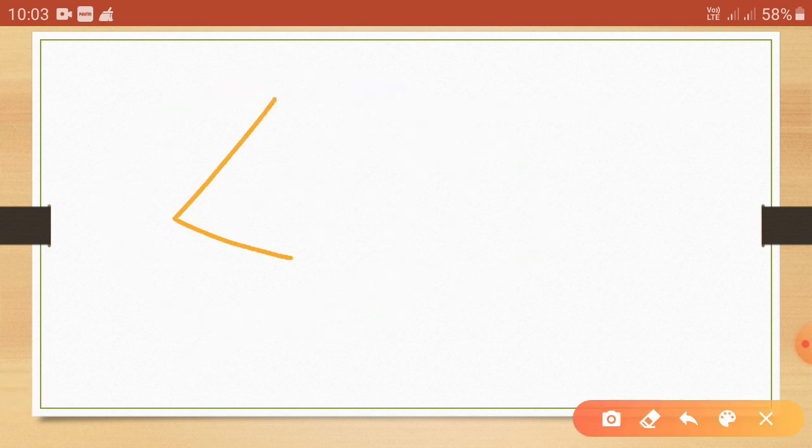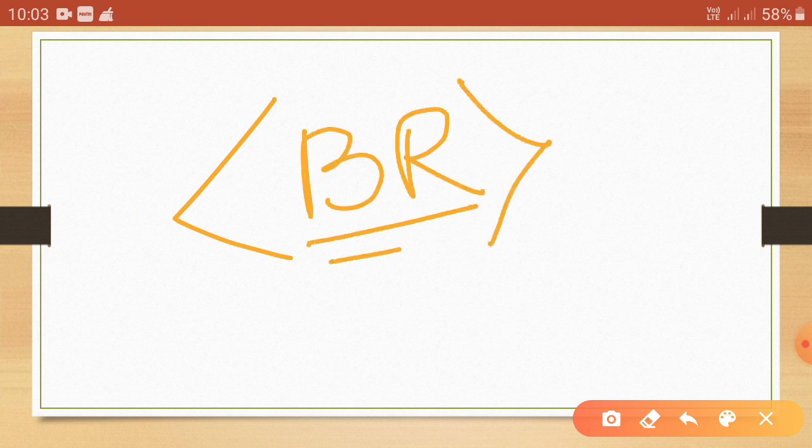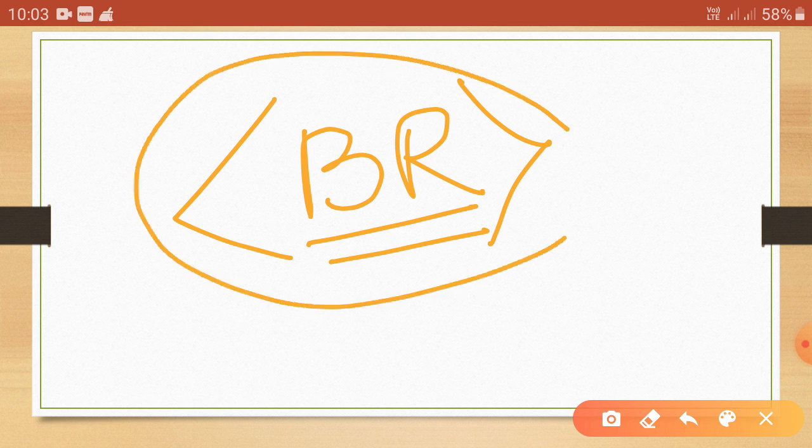Another example is br, b and then r, it means break. This tag is used to break the sentence, word or the line, you can say. So it has only one tag, that is the start tag. It does not have any stop tag.